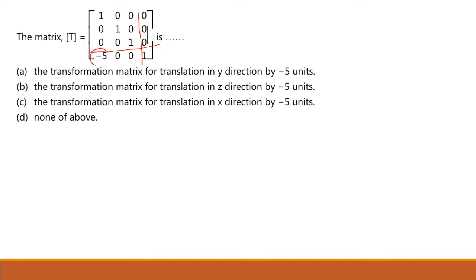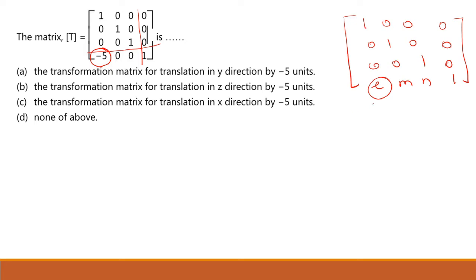And here what is the value of L? L is nothing but -5. तो हमने जो पहले ट्रांसलेशन मैट्रिक्स देखा, अगर आप उससे कंपेयर करोगे, सो व्हाट इज दैट मैट्रिक्स? 1 0 0 0 1 0 0 0 1 L M N and 0 0 0 1. If we compare, the value of L will be -5, and L is a translation in x direction. L की वैल्यू क्या मिले हमें? -5. So there is a translation in x direction by -5 units. In this way option C will be the correct option.